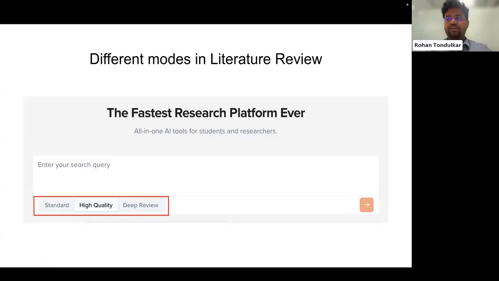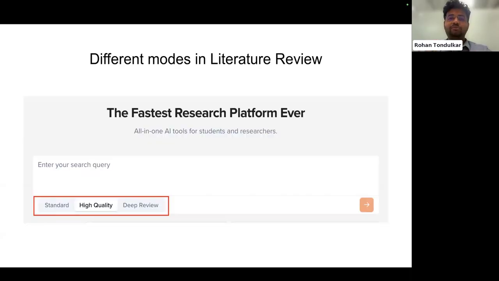In standard mode, we try to get the result as fast as possible. We look at a little bit lesser number of papers, maybe 250 papers. From the whole corpus, we shortlist 250, and then within that, we check which are relevant, right? In high quality, we fire a bit more queries for the user, and we look at a lot more papers, maybe 500 to 1000, 500-ish, let's say. So usually high quality might take a few seconds extra, but it will give you a few more extra papers.